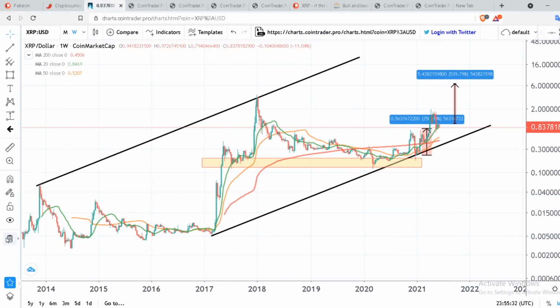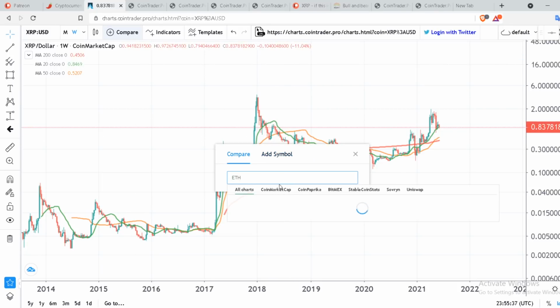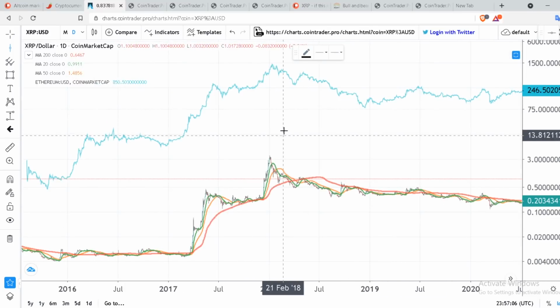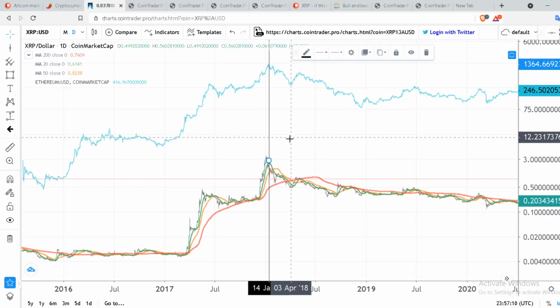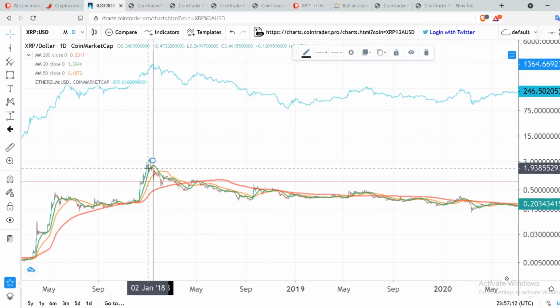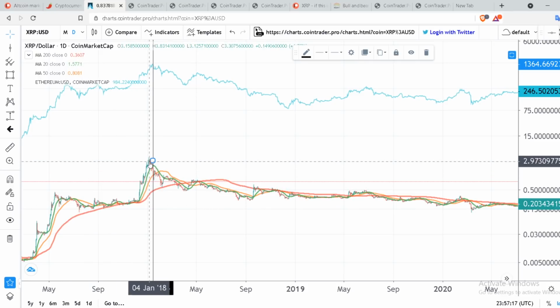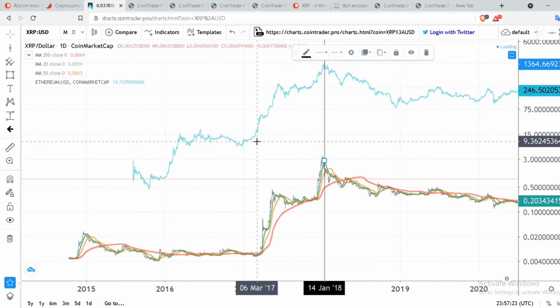Now, if you want to understand that, you can just go into the compare and put other coins here, which gives you that clarity. So along with XRP, you can put Ether there. Once you add Ether inside this, now you want to know where Ether actually topped out. Great. Now look at XRP. It happened a little before that. Say it was the 14th of January, Ether kind of popped and reached the roof, whereas XRP reached 10 days earlier, right? So that was in the last cycle.